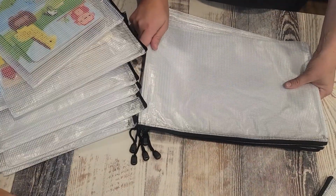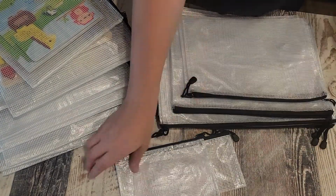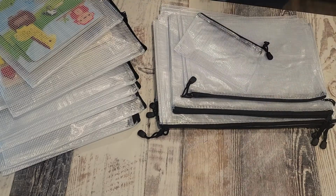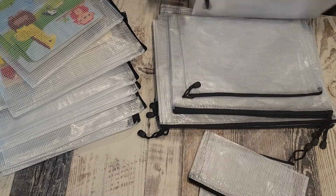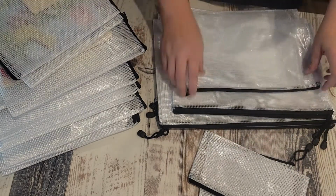It literally cut down on the amount of space that my board games took up. It didn't cut down a quarter. They take up like a quarter of the space now. It's amazing. And in card games,